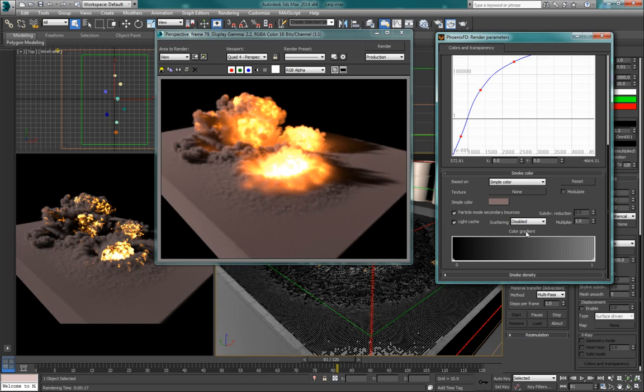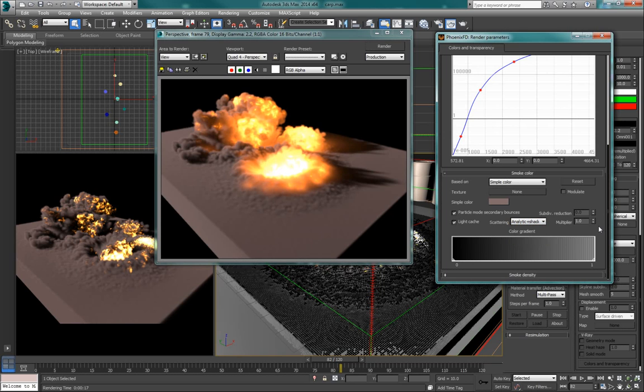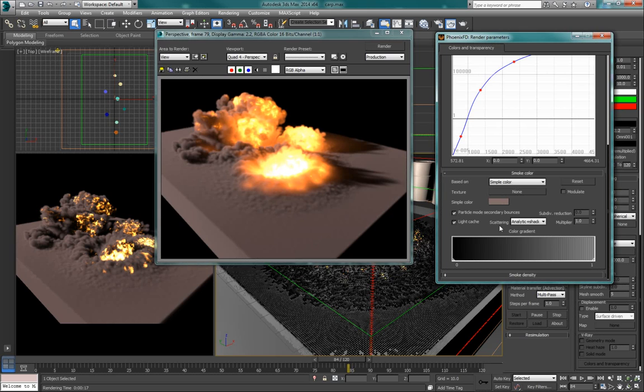And if you want your smoke to look more like vapor or clouds, it's recommended that you use the analytic scattering. So here you have the option with and without shadows. I'll just use the shadow one, and this way the light travels more through the smoke, and it simulates the scattering of the light that happens in the real world with an analytic formula. So in general you will get a more kind of transparent smoke, and the light will travel a greater distance, and it will look more realistic for vapor or clouds. And I think that it works better with this scene, so I'm going to stick with